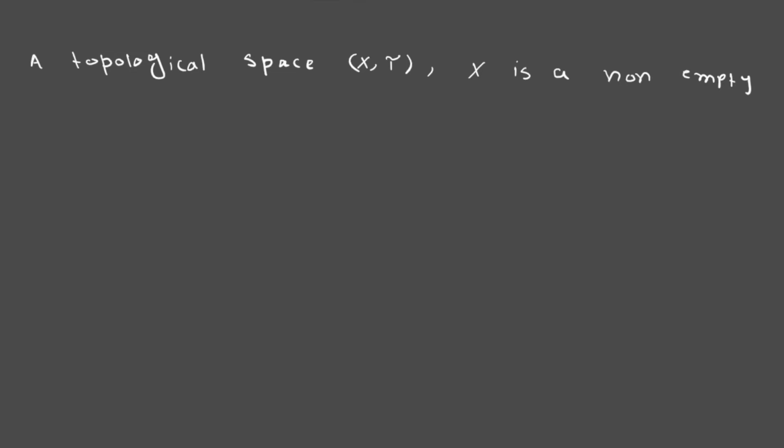X is a non-empty set, and we know that tau. What is tau? Tau is a family. Okay, what type of family? Family means that this is a collection, a family of subsets of X, such that, by writing in mathematical form, just like that, the first is: